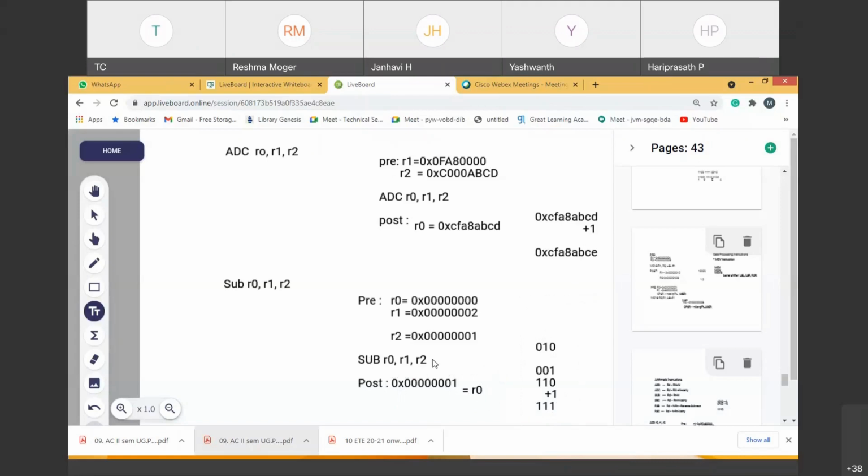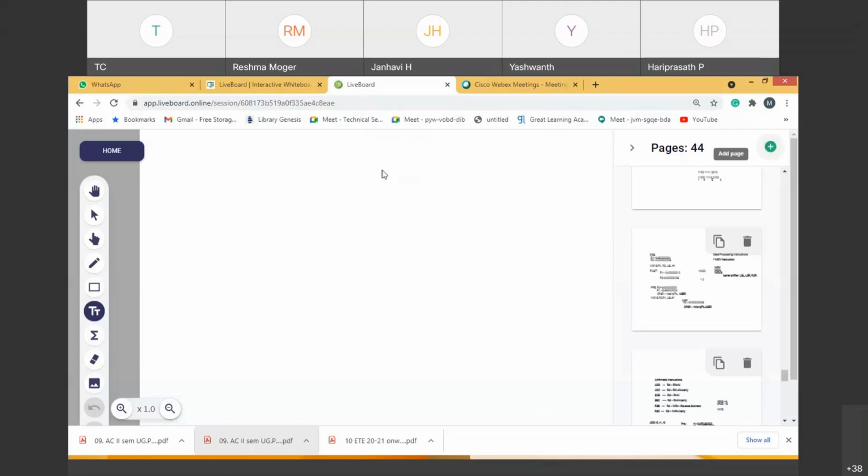So like this, you take any sort of number and cross check. Subtraction operation is nothing but 2's complement addition. You cross verify with the subtraction operation. Addition operation is direct addition. 2's complement addition is the subtraction operation. So in the same way, you now check another instruction.